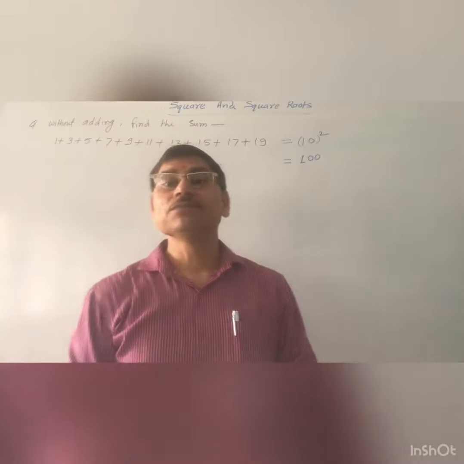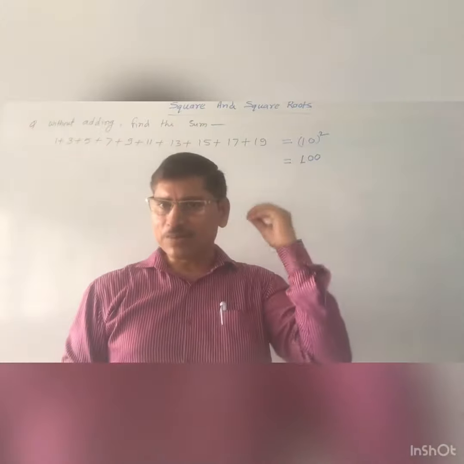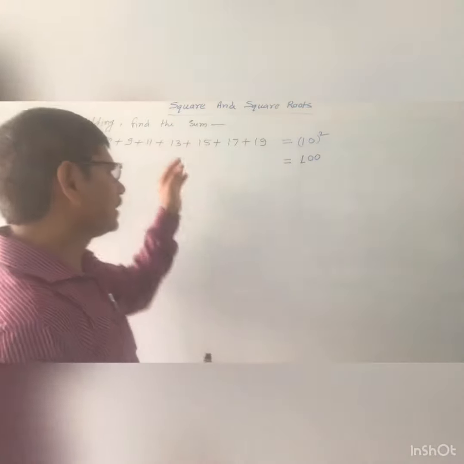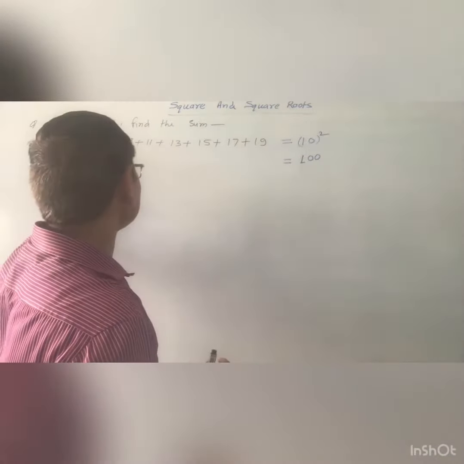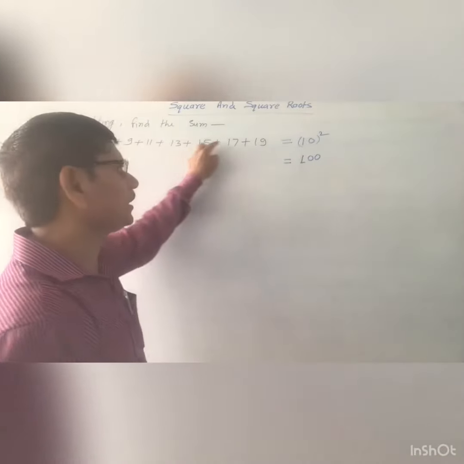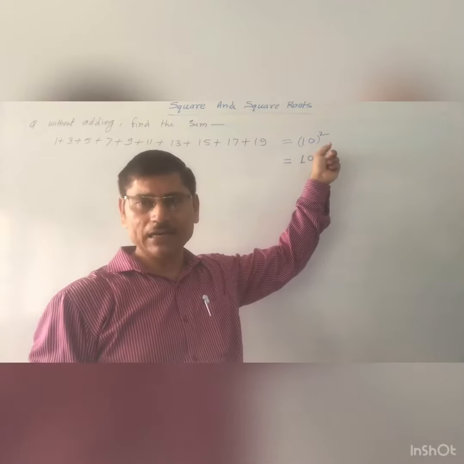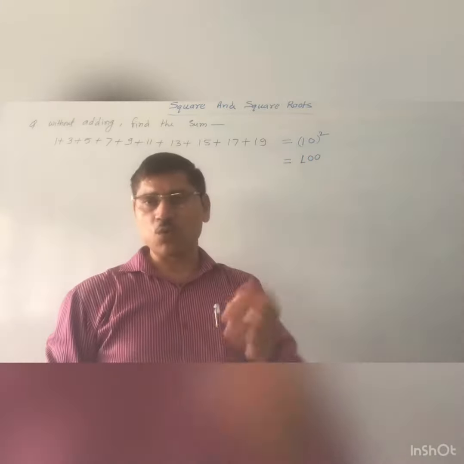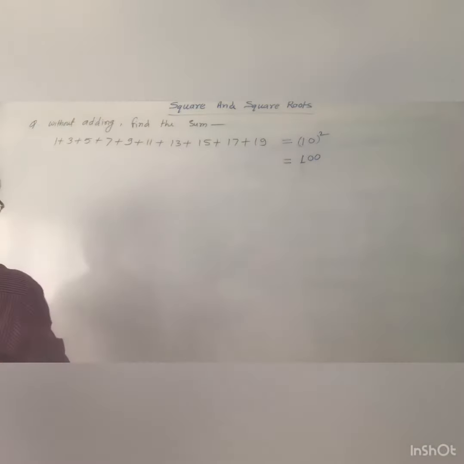Yes. If you find the sum by the actual process, then you will get 100. How can you find it? You count here how many numbers there are. After that you write the square of that number. That is 1, 2, 3, 4, 5, 6, 7, 8, 9 and 10. So you directly write the square of 10. Square of 10 means 100. Now let us express a new question.